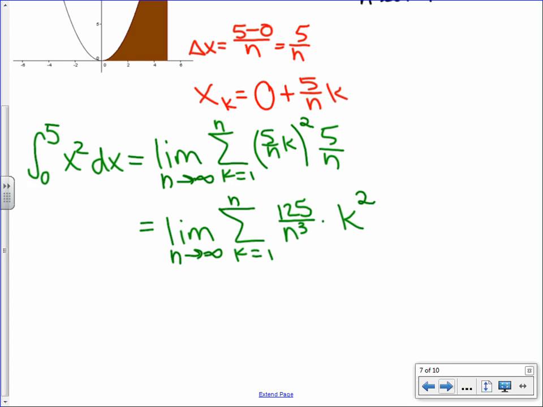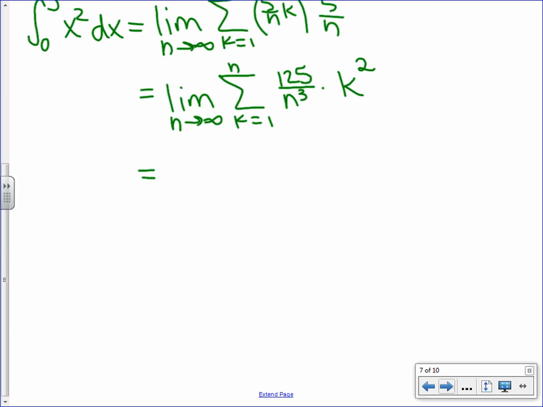Now, we went through those shortcuts for our limits, correct? We did. Okay, so I'm going to say the limit as n approaches infinity of 125 over n cubed times the sum